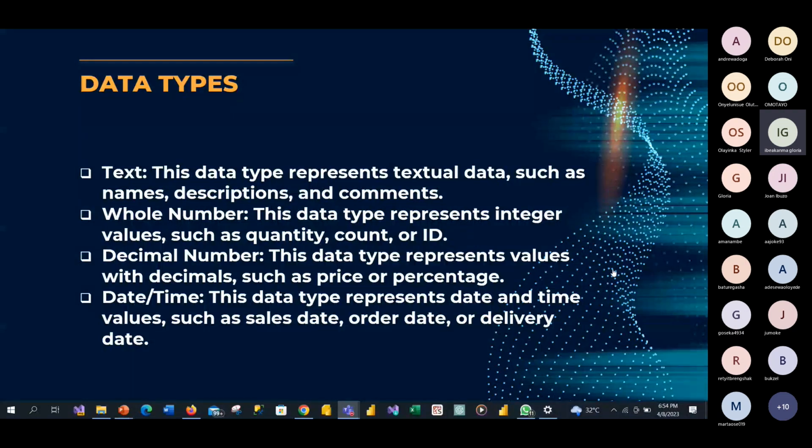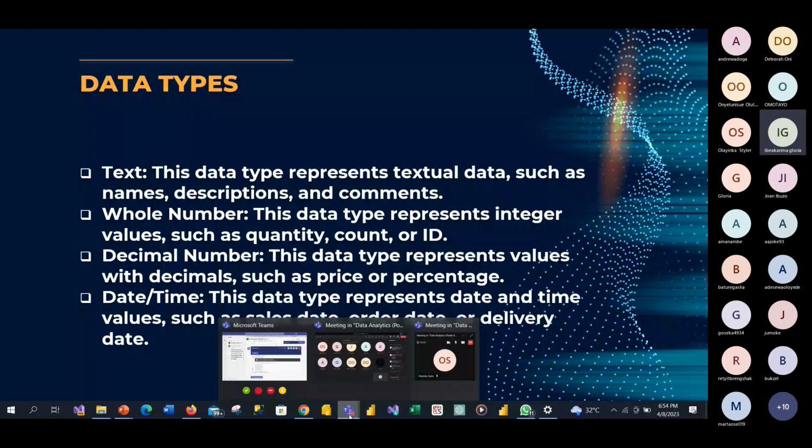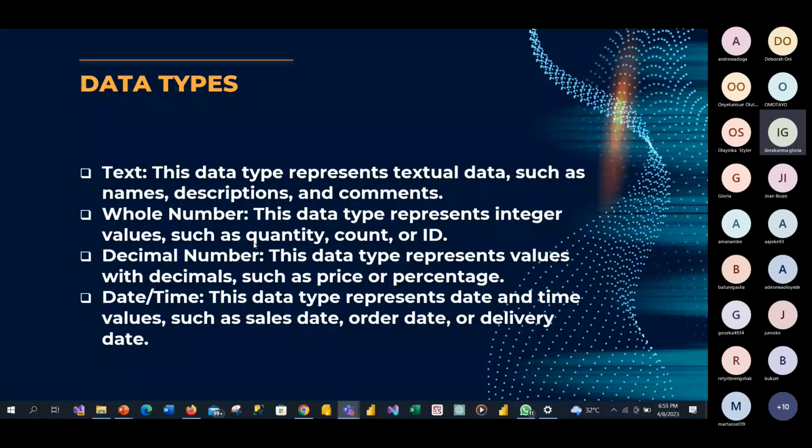We also have the decimal numbers, where the data type represents values with decimals, such as prices and percentages. We have the dates and the time. This data type represents